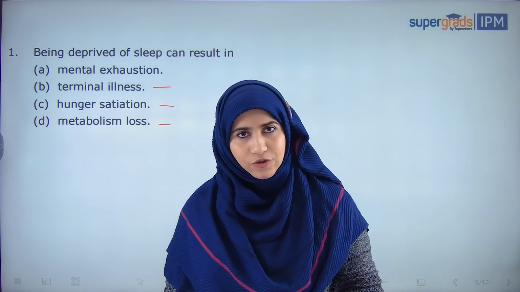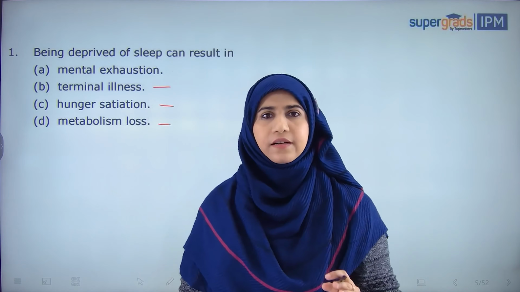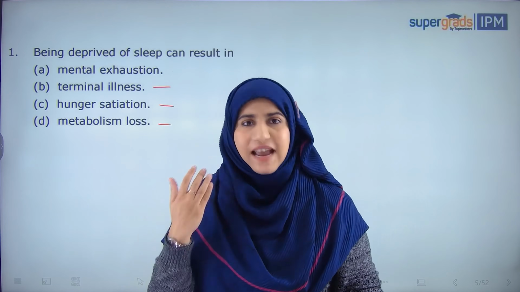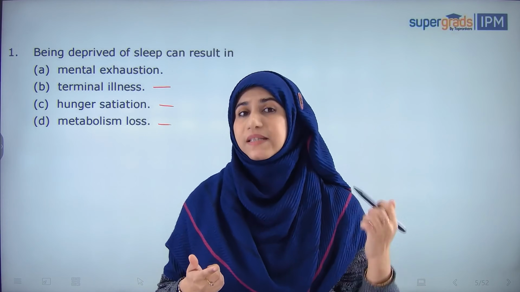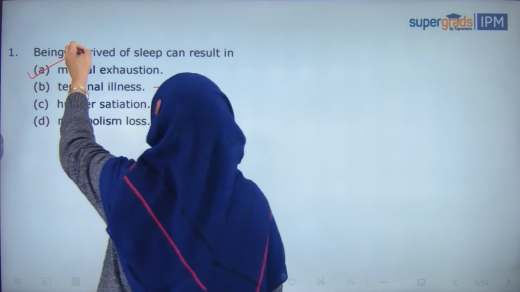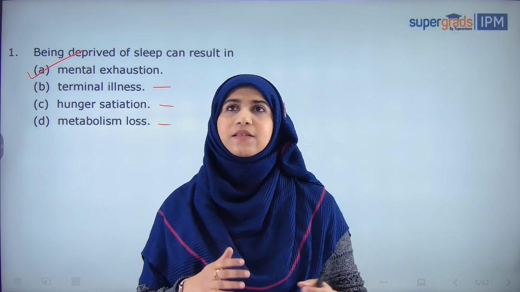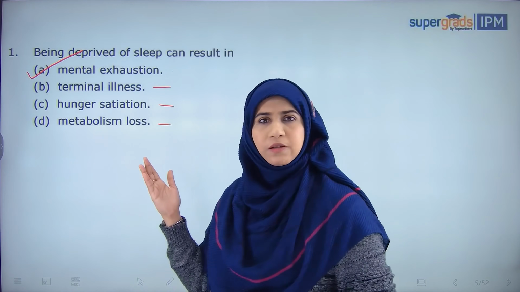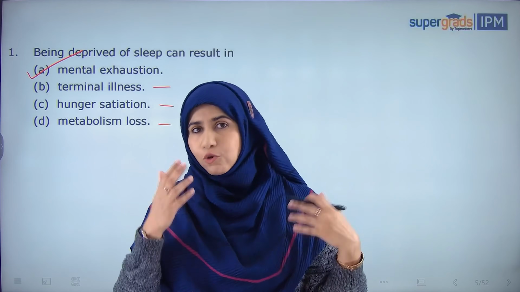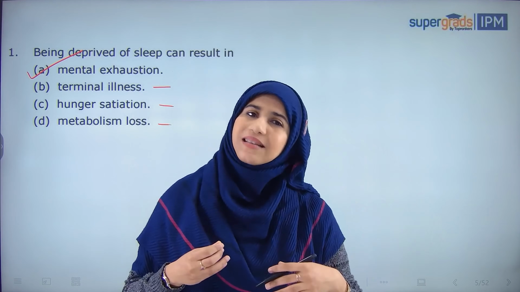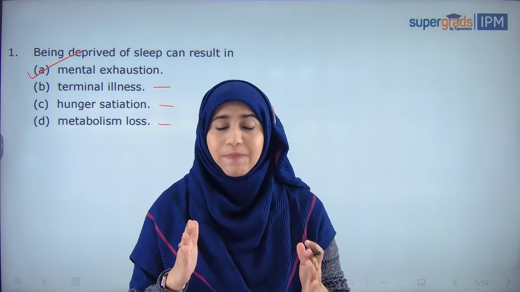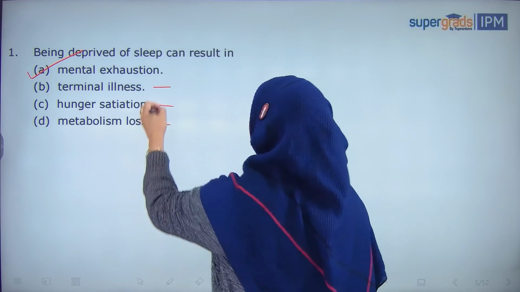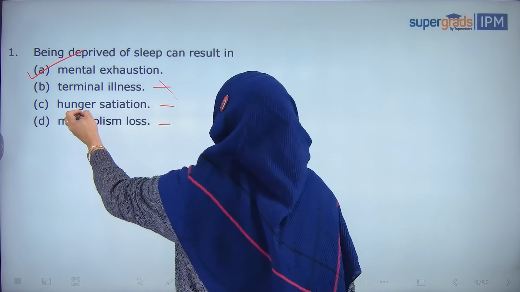Clearly, mental exhaustion. The passage has clearly stated that you get mentally exhausted. Your brain doesn't get enough rest, because sleep is a restorative process. So this is definitely A. Terminal illness is a very permanent kind of illness which cannot be cured easily. So I would say it's not mentioned in the passage. We are not supposed to assume things on our own or bring in our general understanding of a concept. Whatever is given in the passage, we have to go by that. That's a general rule of passage solving. I hope you know that. So it is factually not supported.